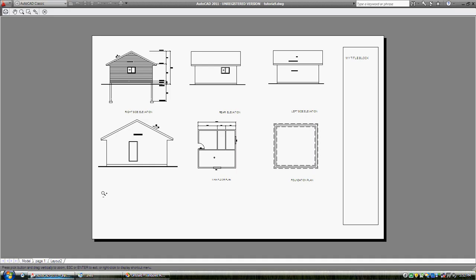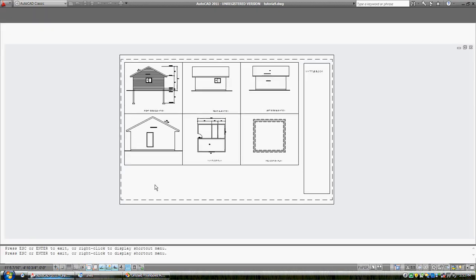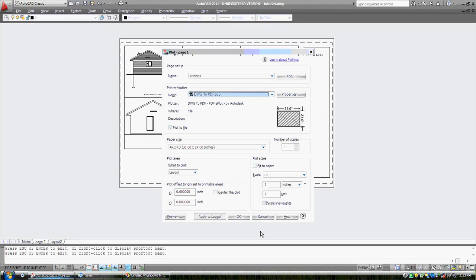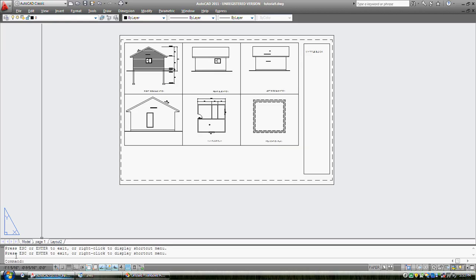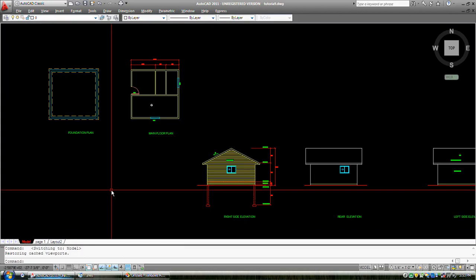I can see right now that we're missing, we see we got right side, rear, and so on, but we don't have front elevation on there. I'm going to go back and find out why. Okay, and then we'll just go. So I'm just going to press escape to get out of that preview. I'm just going to cancel the print job. Okay, I'm going to go back into model space, the first tab,